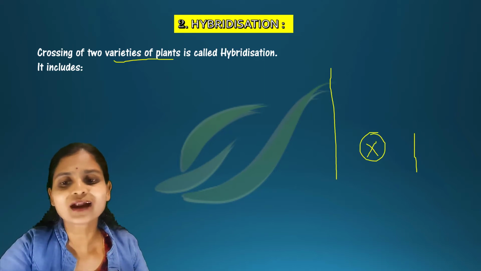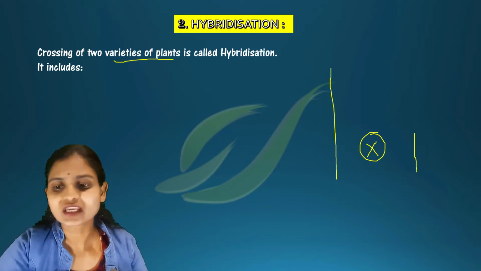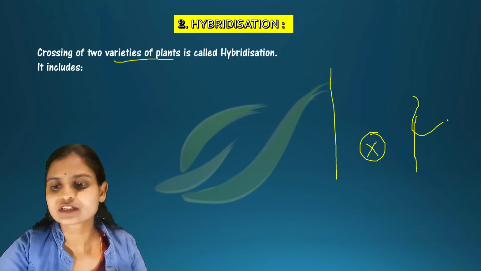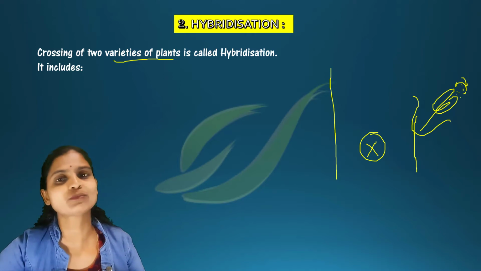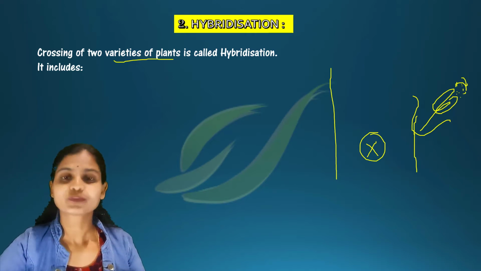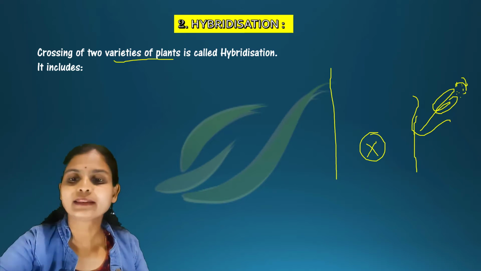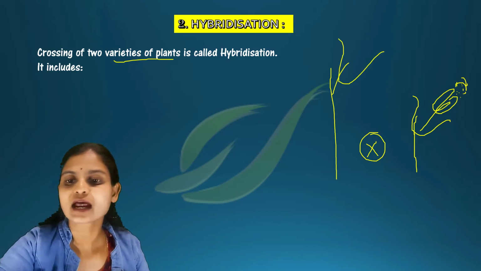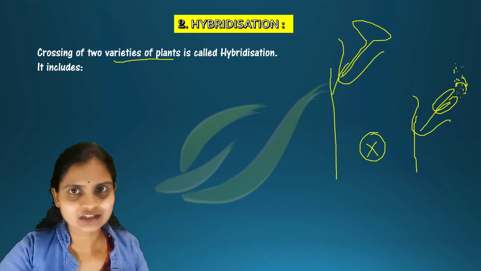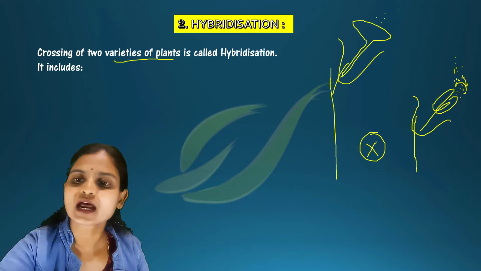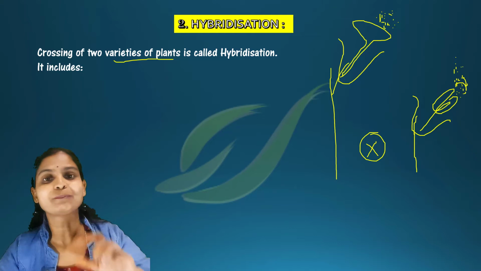Now this is a plant. He wanted to see, imagine the pollen grains, that is the male gamete, he has collected from this dwarf plant. Dwarf means short plant. Then imagine that he collected pollen grains from this plant and started depositing them on the stigma of the tall pea plant.